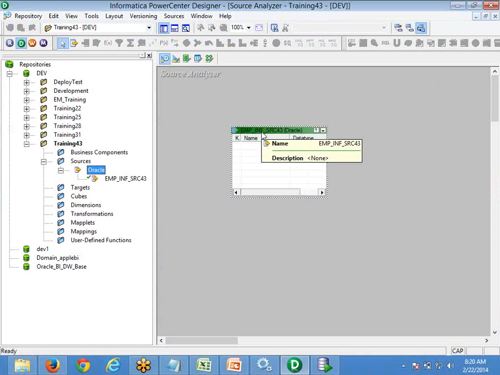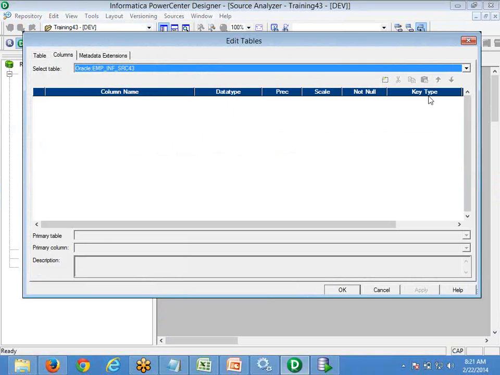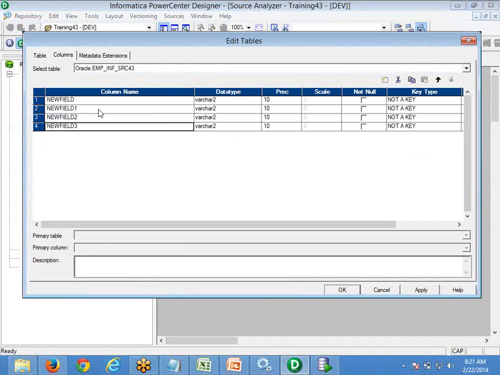So now I have a table, and right now you see everything is blank. When you double click this table, you see that this table now belongs to the Oracle database, and we can see what columns you have here. Right now we don't have any, so I can go and type them. It is not good to type this way because if you have a big table with 200 columns, I need to spend one hour. It is not good. But this will tell you how Informatica works. Later we can see the quickest way to do this.